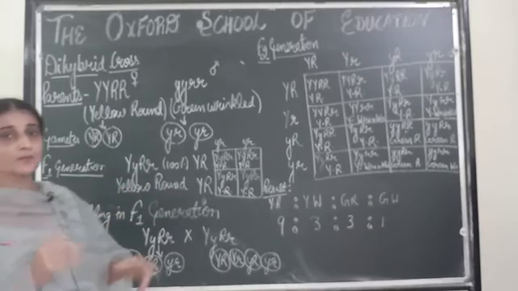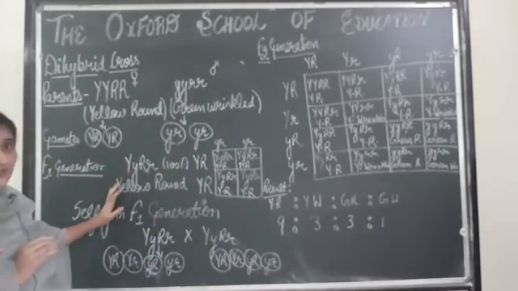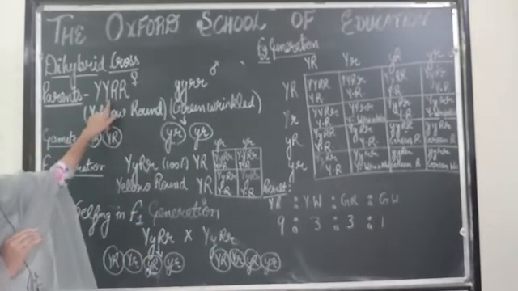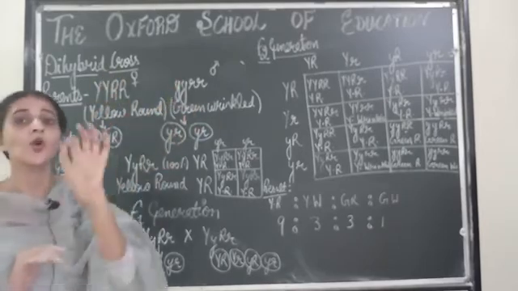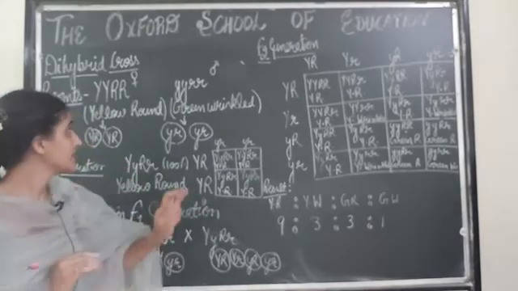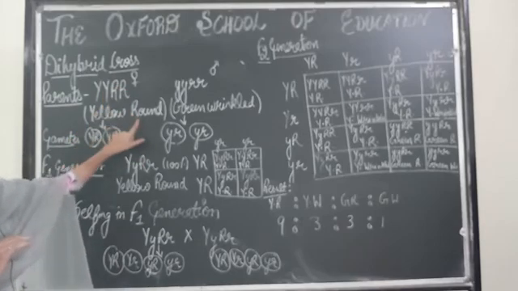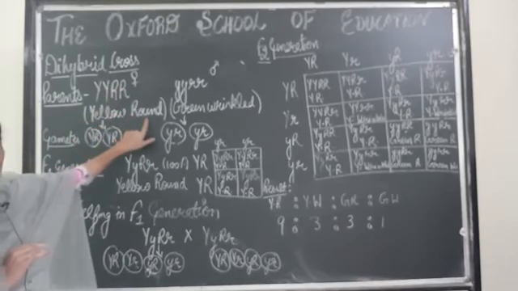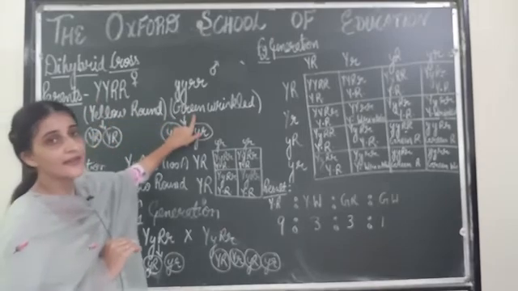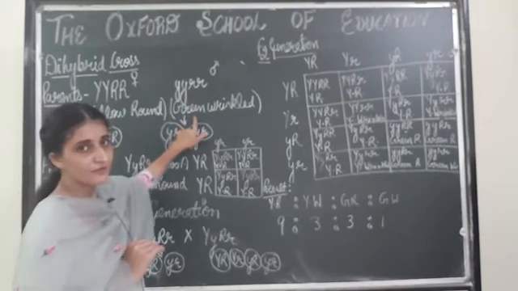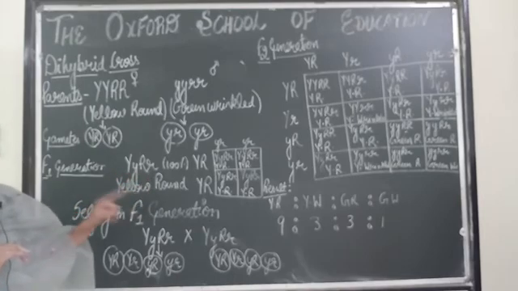But these plants will be heterozygous. Heterozygous means they consist of alleles, one from the female and another from the male. But the parents that we have taken were homozygous or pure, because the alleles present in these plants were pure. Like in the case of yellow round, the alleles were present for the yellow color only, and in the case of the female, the alleles present were responsible for the green color. But the first generation consists of different alleles.